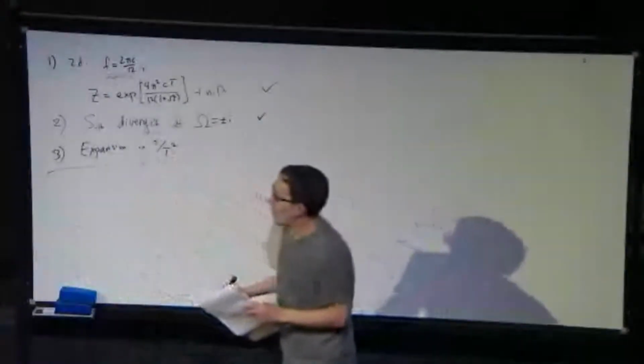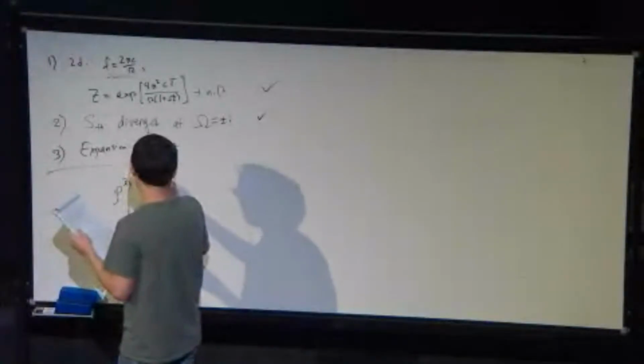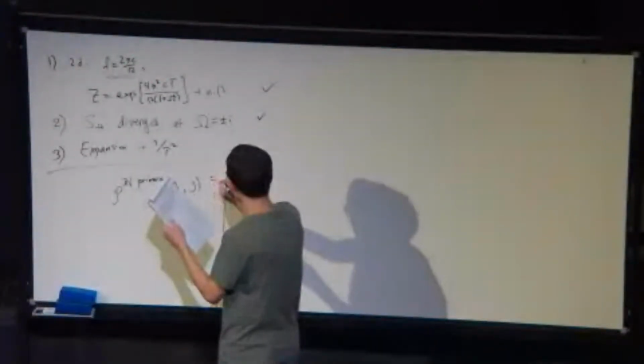A third point I already made, which is that it's an expansion in 1 over t squared. OK, so I'll write down the explicit inverse Laplace transform for 3D CFTs. You can write down the general D, and it's a little bit annoying, but I'll just write down 3D, because there's only one spin that we can turn on, right? Because the Cartan of SO(3) is one-dimensional.